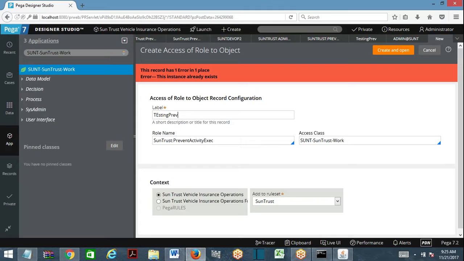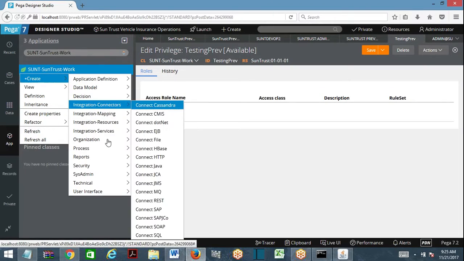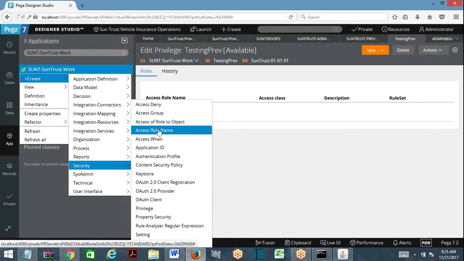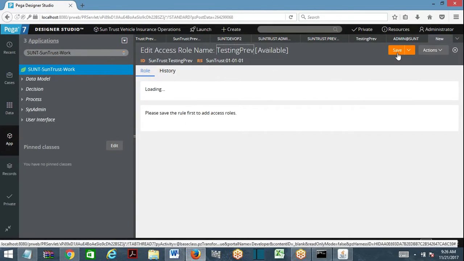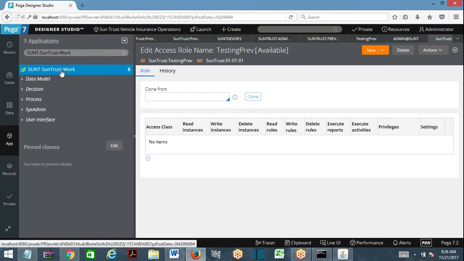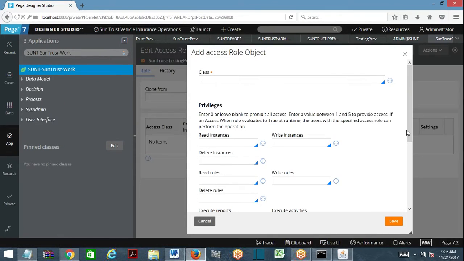Testing privilege role to object in this role. Create security role name, I am writing testing privilege. Create and open. And save this. Now I'll create a role to object. Otherwise I can add here.